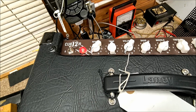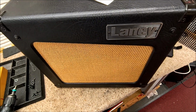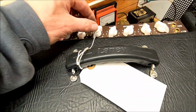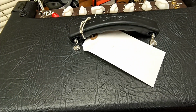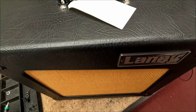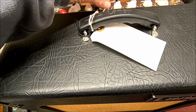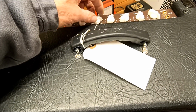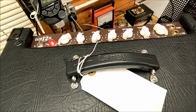I have a Laney Cub 12R on the bench here, and it's got a curious problem which goes into wild oscillation as you advance the control. Sounds pretty dreadful. It isn't the reverb, and I've checked the valves. They're not microphonic, so I need to strip the amp down and have a look, see